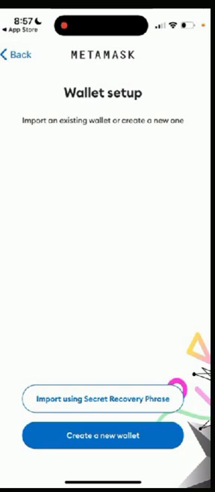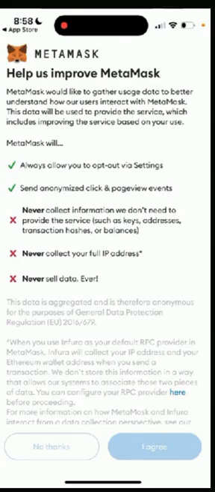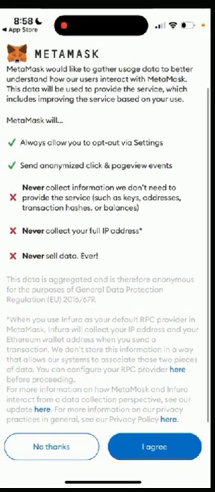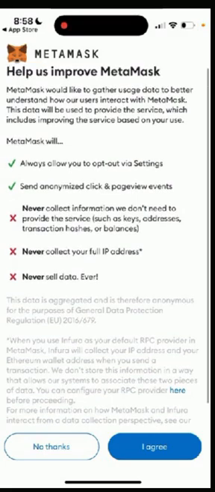And this is where we're going to want to create a new wallet. The import using secret recovery phrase is if you were to lose a phone and need to recover your wallet. So what we want to do is create a new wallet. It's going to give you some information here that you want to read very promptly. Make sure you pay attention to the ones with the red X's, especially the one that talks about not sharing